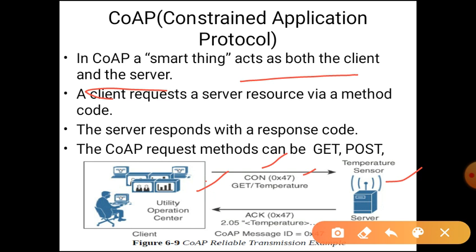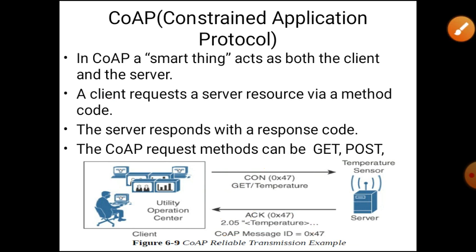The same message ID has to be used in the acknowledgement, and this indicates the method that it is requesting. It is requesting the temperature, and on receiving, the server responds with an acknowledgement message with the same message ID, and this is the response code 2.05, the response code for the get method, indicating a successful response to the get request, and it is followed by the requested value, that is the temperature value.